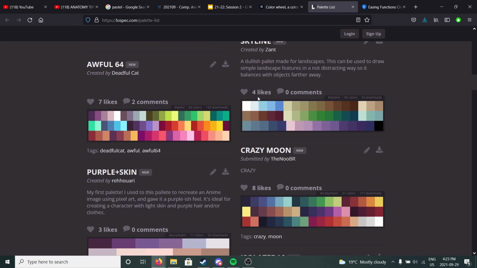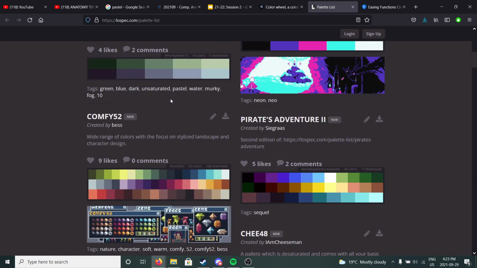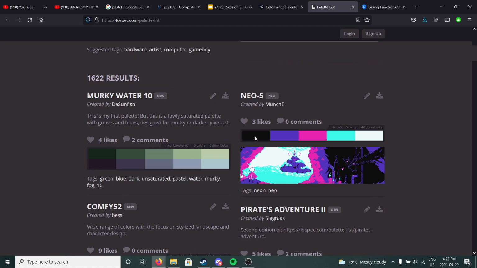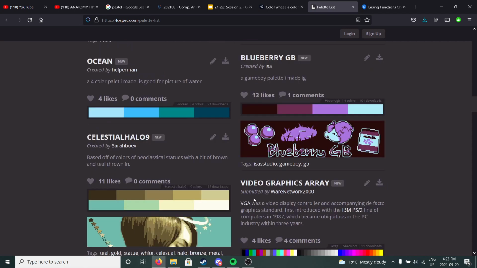You can use these color palettes to make your compositions for your own pieces. So there's some examples here, like look at this pirate. It's pretty cool with this color palette. You got this little image here that's just using only a couple colors, right? So it's what people have thought up and have made using these